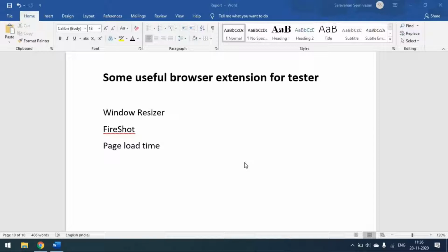The very first one is Window Resizer, where we have an application that needs to be tested in different resolutions, right? Like a mobile view or a tablet view, and desktop view and laptop view, different resolutions that we have. So we have to test all the resolutions because the end user may log in from a mobile or tab, any device, right? For those, you would always have to go to your desktop and change the resolution. So this will help you instantly test different resolutions on the browser.